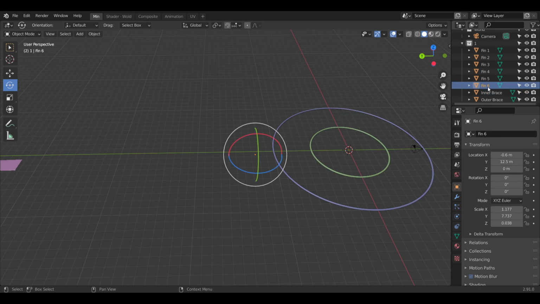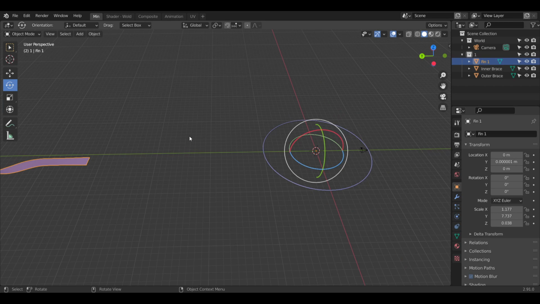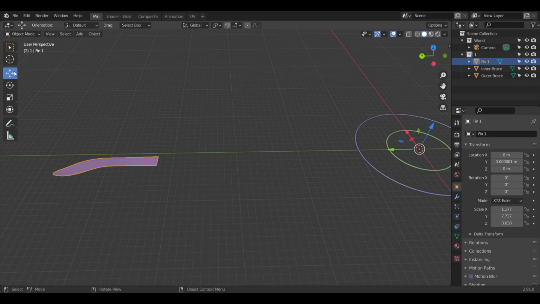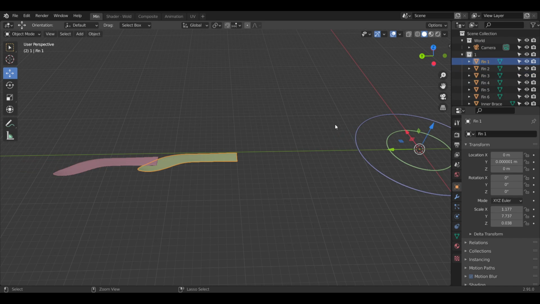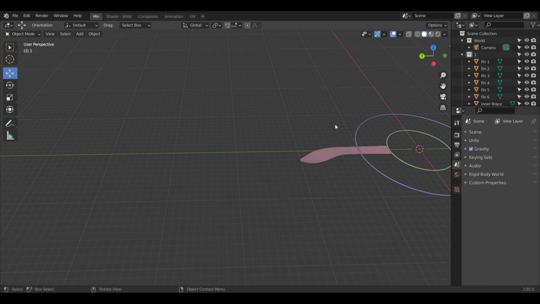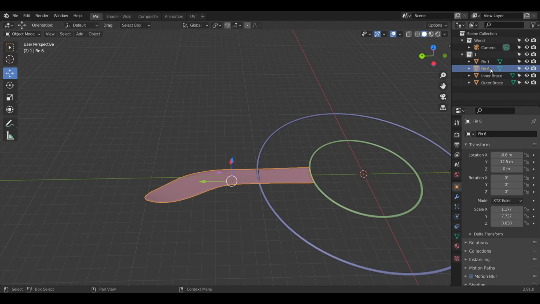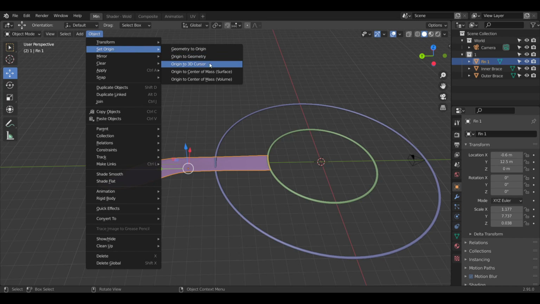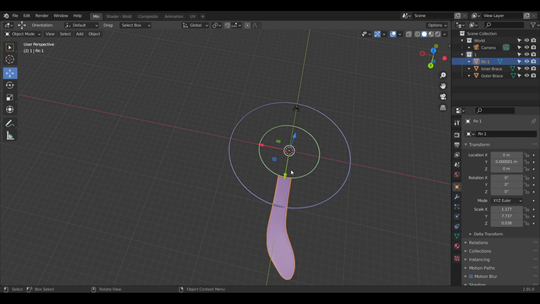All right. Let's redo everything. Why did it spaz out? What is happening? What on earth is all this? Okay. Delete. You. Set origin to 3D cursor. Correct. Now,